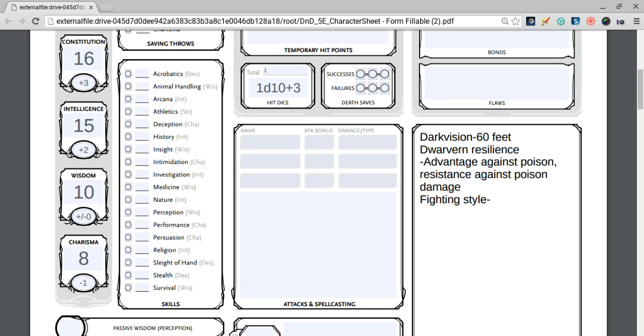Okay? When a creature you... Okay, sorry, this is protection. When a creature you can see attacks a target other than you that is within 5 feet of you, you can use your reaction to impose disadvantage on the attack roll, and you must be wielding a shield. Two-weapon fighting: when you engage in two-weapon fighting, you can add your ability modifier to the damage of the second attack. I don't think I'm going to go for that one because I'm going to be using the shield. What I do think I'm going to be doing, however,